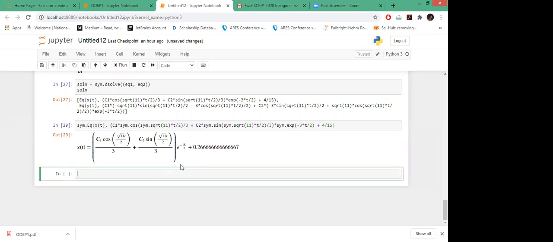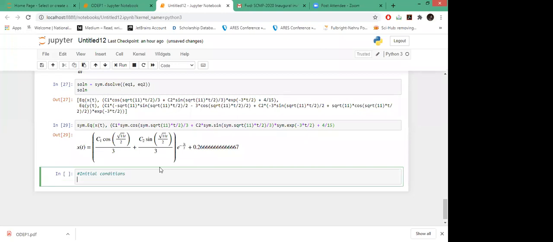Okay, so now how to pass the initial values for this. Let's substitute the initial condition, because what we want to solve for is the constants.